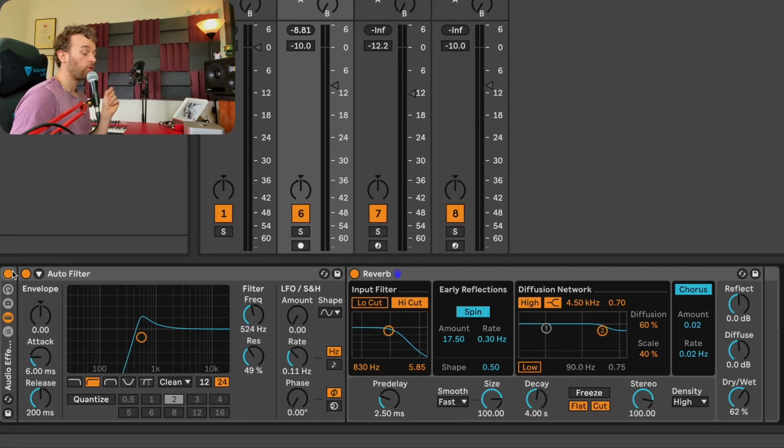So just with the click of a single button, I can turn on or off both of these audio effects. Now, inside of a single audio effect rack, you can have effectively unlimited effects. You're not just limited to two, but we're going to keep working with two for this example. So now that I have both of these two audio effects contained inside a single audio effect rack, I